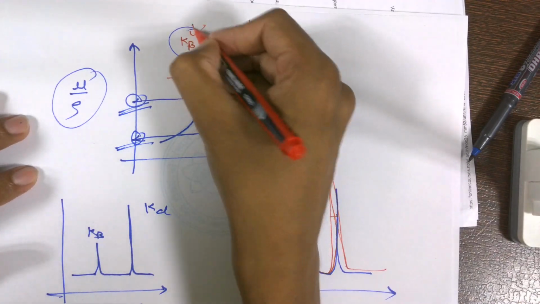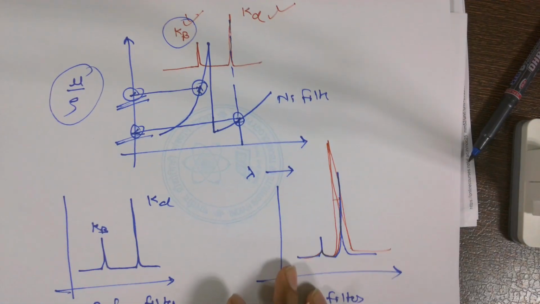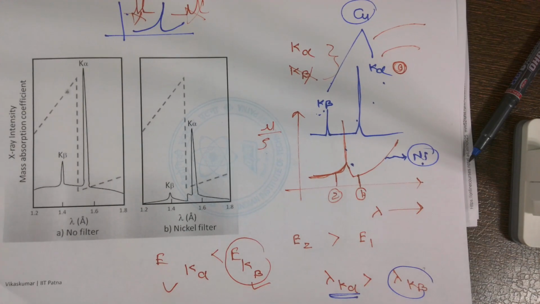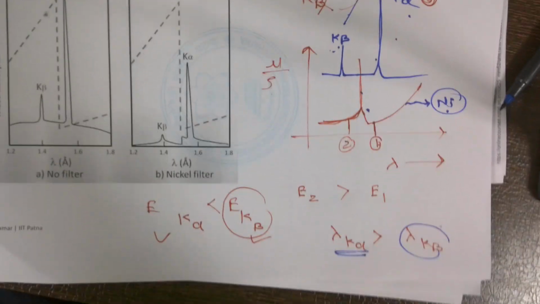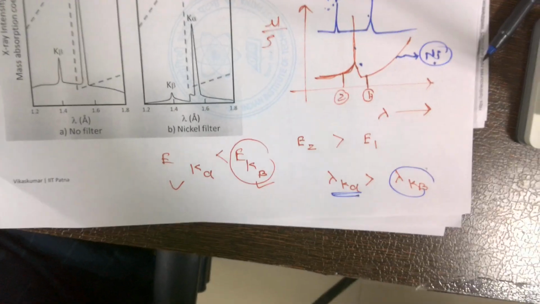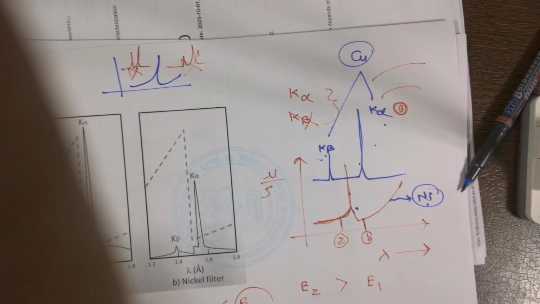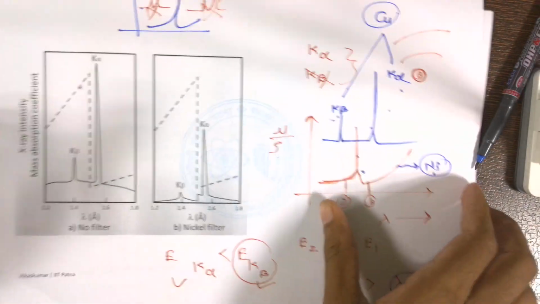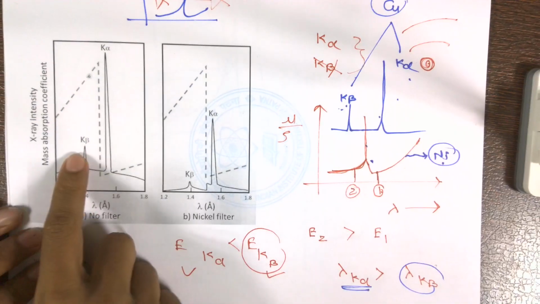It selectively absorbs K beta more compared to the K alpha. Is it clear? Is this part clear to you, the question which you had on the absorption? Since there is no doubt, now we can go ahead. So with that, we discussed how the absorption is going to happen,